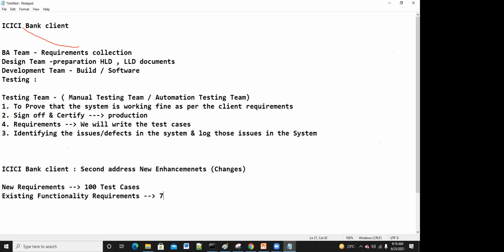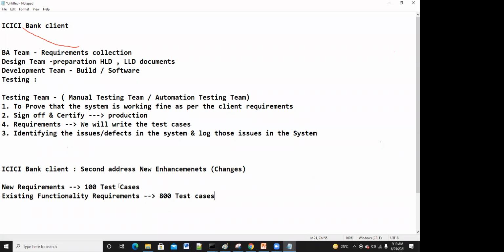Let us assume there are around 800 test cases. So whenever we deliver any new requirements, we also need to ensure that the existing functionality and requirements are also working fine or not.